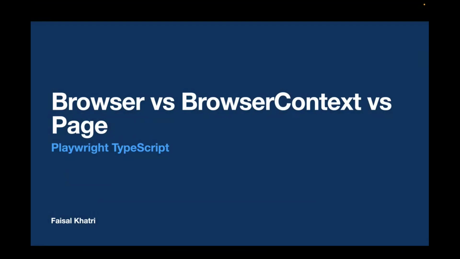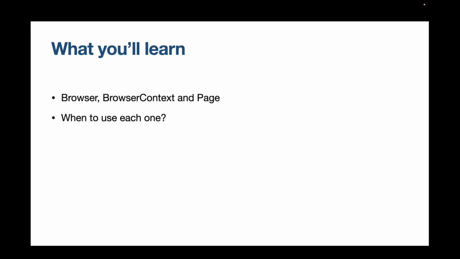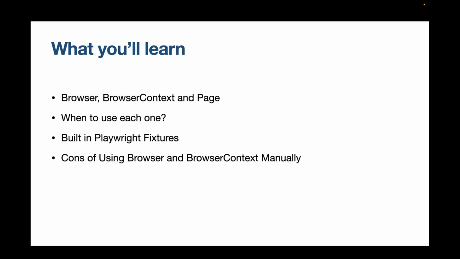Browser, context, and page objects are the foundations of Playwright. If you don't understand them well, you'll eventually struggle with multi-user testing, authentication, or even writing scalable test frameworks. In this video, I'll explain everything from scratch with practical examples. By the end of this tutorial, you'll understand what browser, context, and page actually are, when to use each one, the built-in Playwright fixtures, the drawbacks of manually launching browsers and browser contexts, and the best practices followed in real